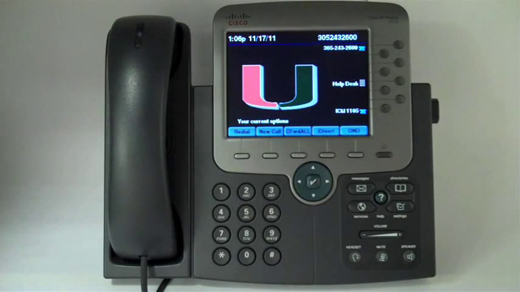If you have a Cisco voice over IP telephone, the 7961 or the 7970 or the 7975, over the next several months you're going to see some new buttons automatically appear on your telephone set. The University of Miami is upgrading our Cisco Call Manager from version 4 to version 7. Now there's some behind the scenes kind of enhancements, but there's also going to be some really great features for